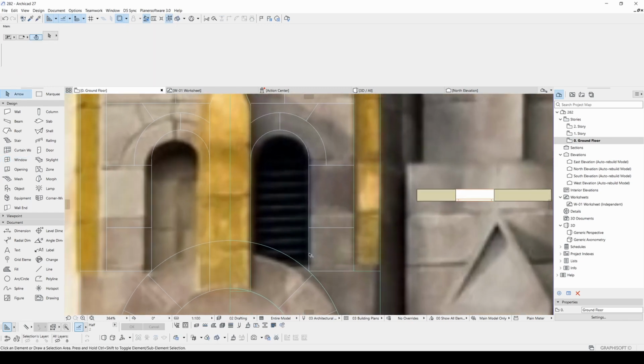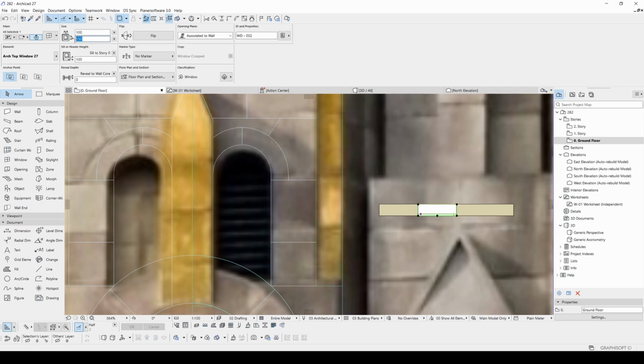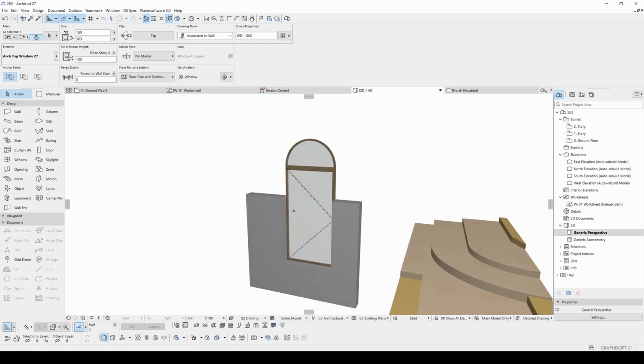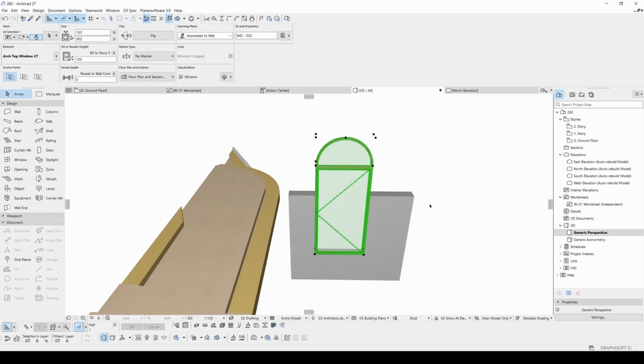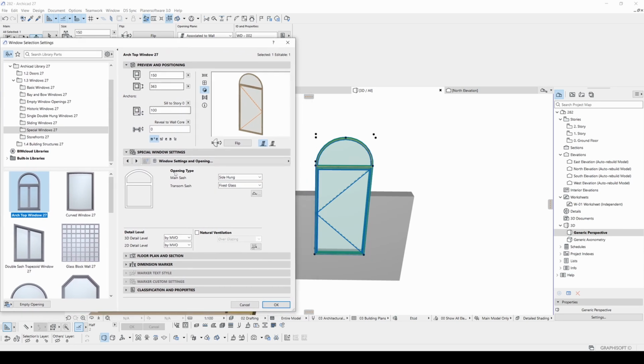I'm just going to hit the M and measure this distance. It's 150, and the height from bottom to top is 363. First I will change this to 363, and the A value will be 150. Let's switch back to the 3D to look at what we have, and if we dive into settings, I'm going